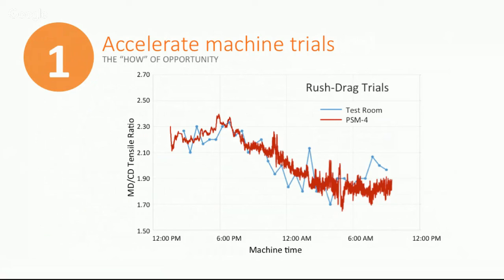This means that we could do a rush drag trial theoretically within a reel if we're able to change the rush drag setting fast enough, because you're measuring every second, at every second. The other really great thing about this plot is see how the red plot, as the MD-CD